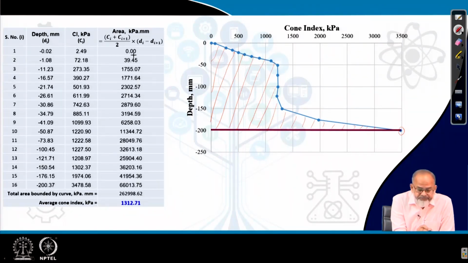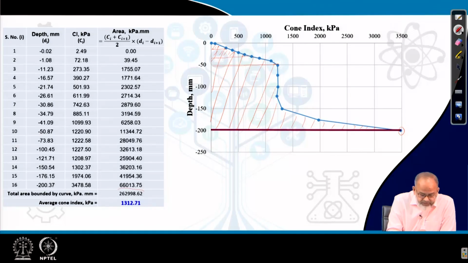So what I have done here, I have calculated the area by taking it like this at different depths. So this is a triangle, this is a trapezoid, this is a trapezoid. Like that we divide this area into different trapezoids, and then follow this equation, (Ci + Ci+1) times (Di+1 − Di). That means this will give you the height, and the base and the top of the trapezoid. That way you find out the total area contained in each small trapezoidal section. We have calculated this for all the depths, and then finally what we get is